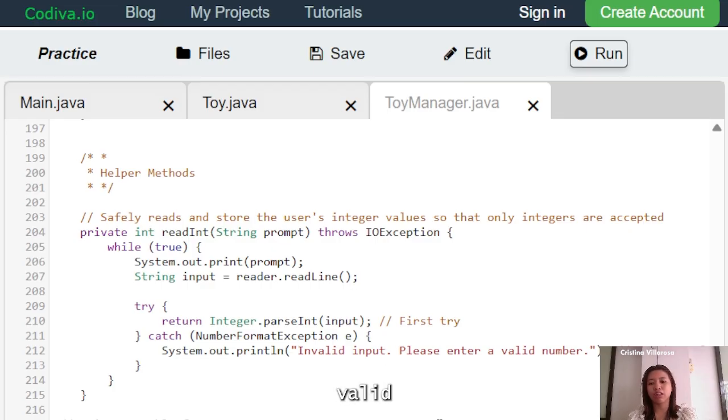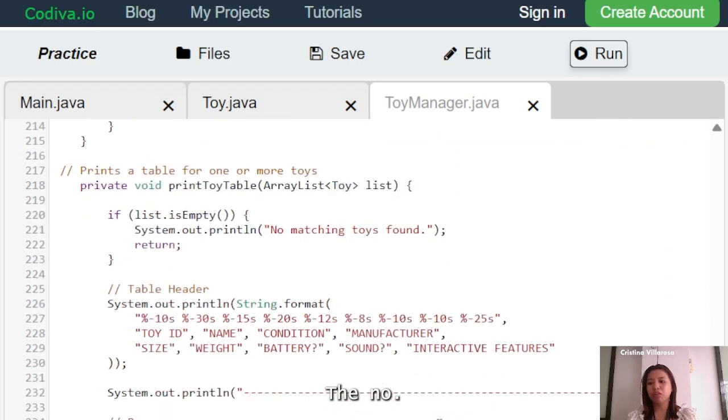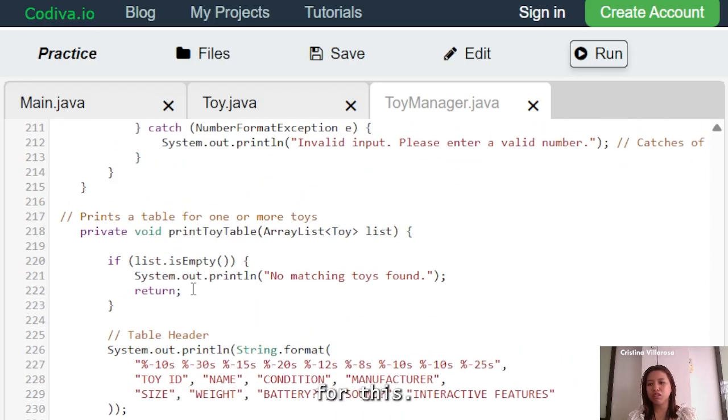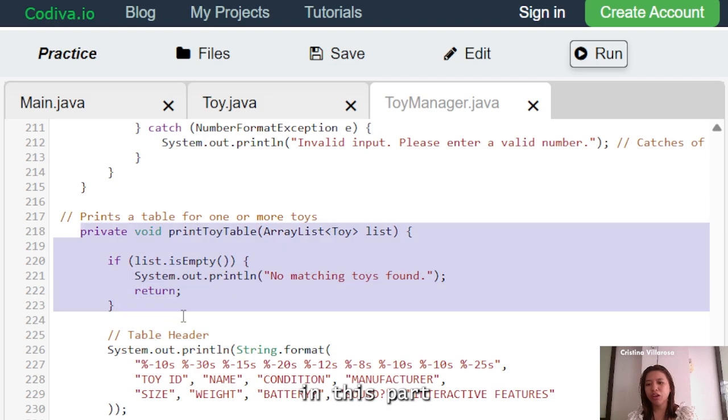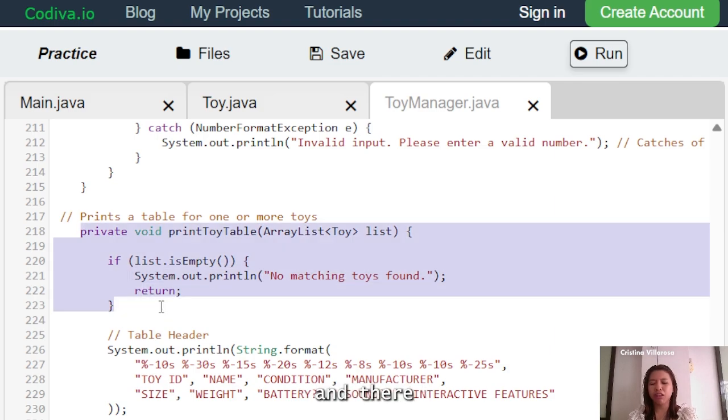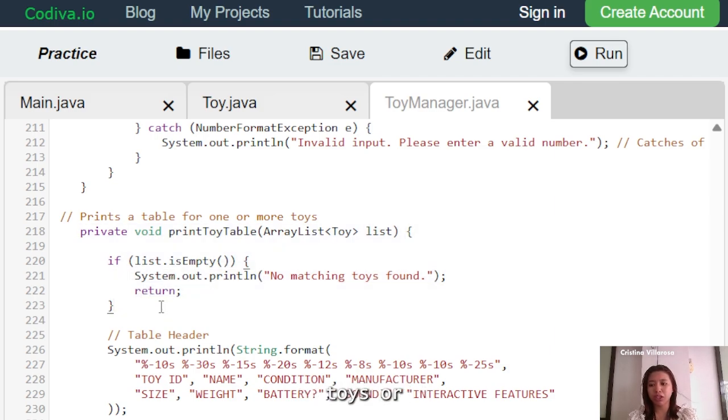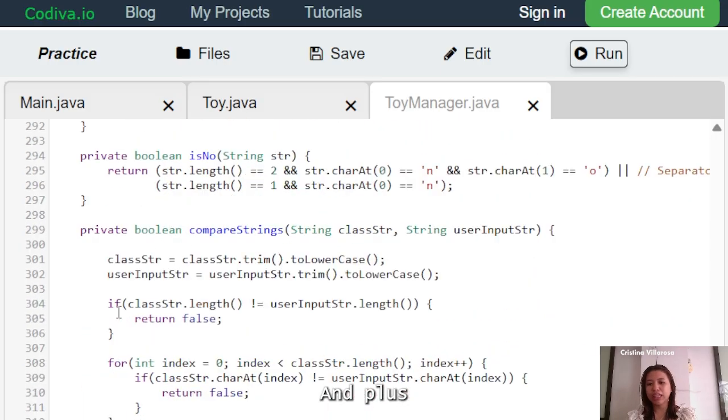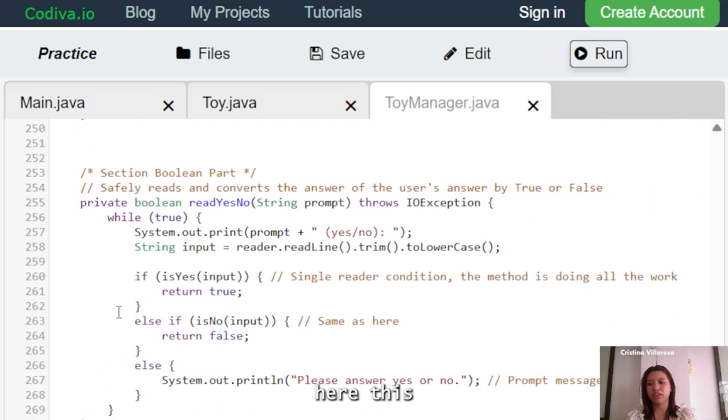Please enter a valid number. Then it will return to the menu. Same with this, but in this part, whenever you input something and there are no matching toys, it will return no matching toys found. And last, here, this private boolean yes or no.